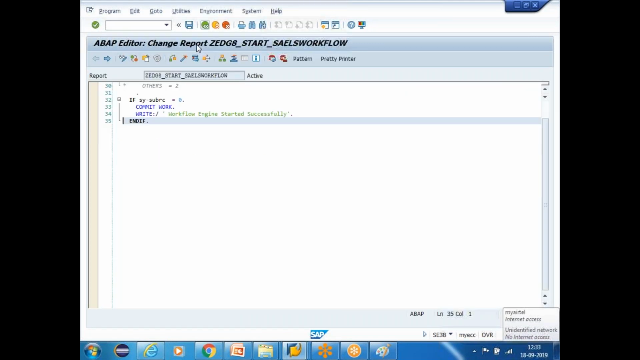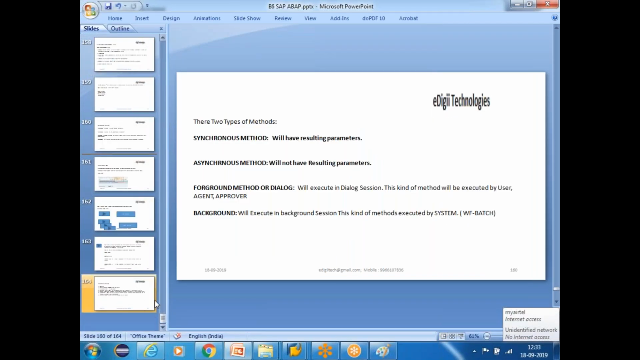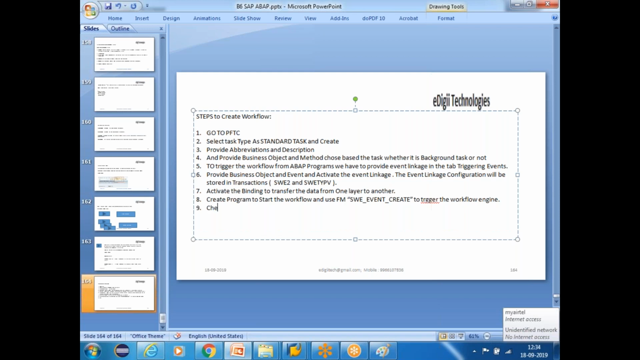And if you want to see the workflow output, I didn't see any output here. I only told that the engine is started, the workflow is started, but where do you see the log? If you want to see the status of the workflow, the next step is: create a program to start the workflow and use function module SWE_EVENT_CREATE to trigger the workflow engine and check the status of the workflow. Go to T-code